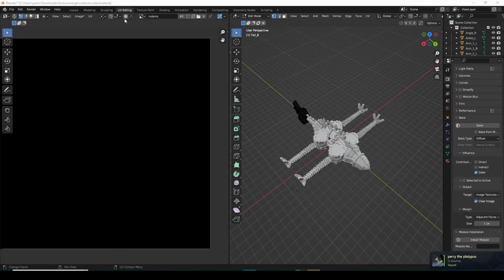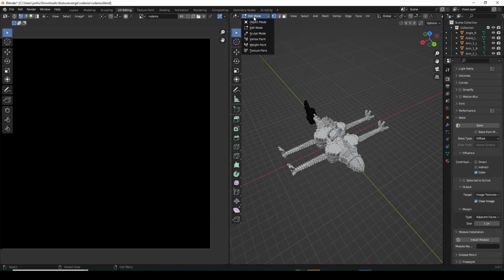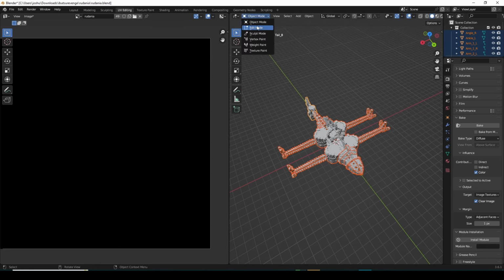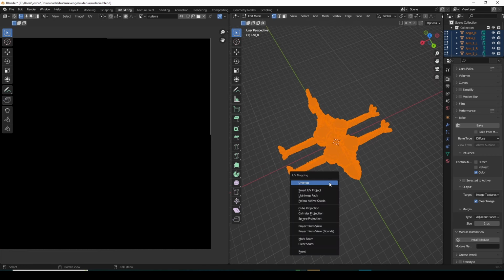Alright, your next step is to go to UV editing. On here on the right, you're going to open up object mode, select your model, then go back to edit mode, press A, so you'll select all of these. Now press U, I'm sorry. Do unwrap,